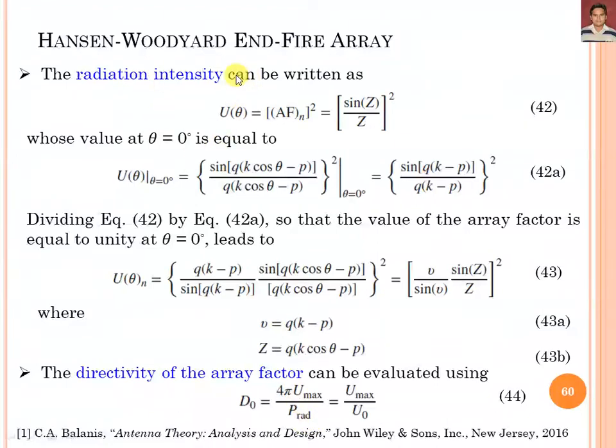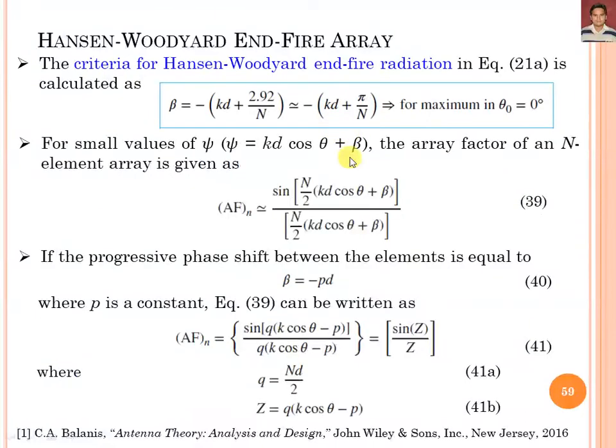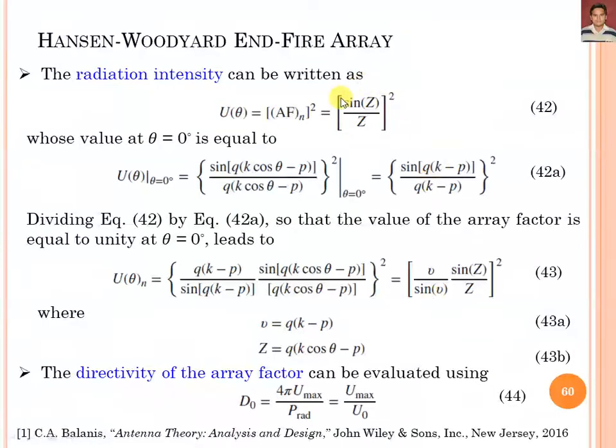So the radiation intensity can be written U of theta is equal to the array factor times n ka square. This is the array factor, and we can calculate the radiation intensity as sin z upon z square, whose value at theta equal to 0 degree is equal to U at theta equal to 0 degree. Dividing equation 42 by equation 42a, the value of the array factor is equal to unity